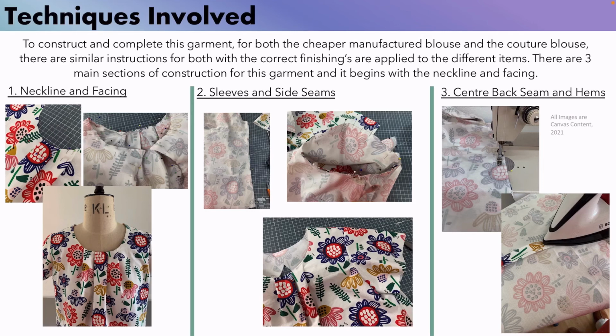The second section of processes to take place for this garment can be seen with the side seams and the sleeves. After the side seam has been sewn in the chosen seam finishing for the garment, the sleeves must be prepared by sewing the side seams and hem in place. To ensure the sleeve is sewn in place correctly, when pinning the fabric, we'll have notches to ensure that it's correctly matched up. Finally, once the sleeve is prepared, it can be correctly lined up to the armhole and sewn